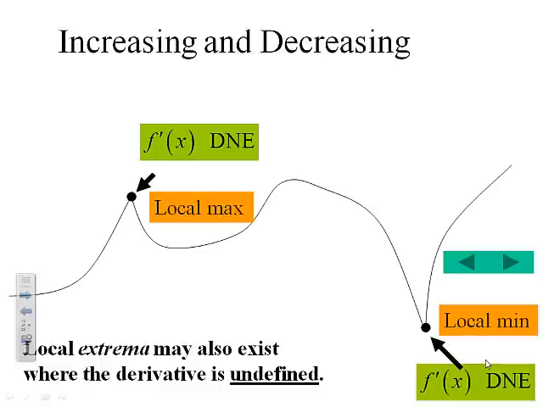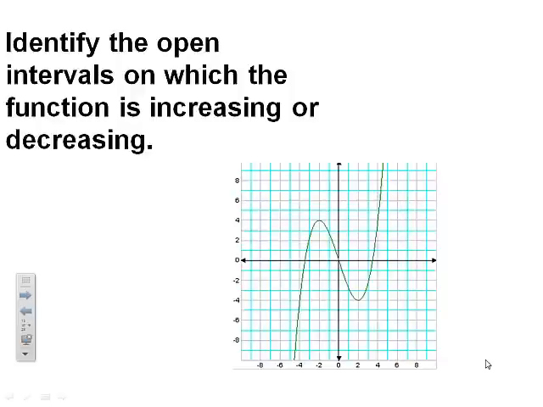Now, as we move on into the next little section, here's an example problem. Identify the open intervals on which the function is either increasing or decreasing. So we would take a look at this function and ask ourselves, where is it increasing? It's going up in this region and it's also going up in this region. So it's increasing